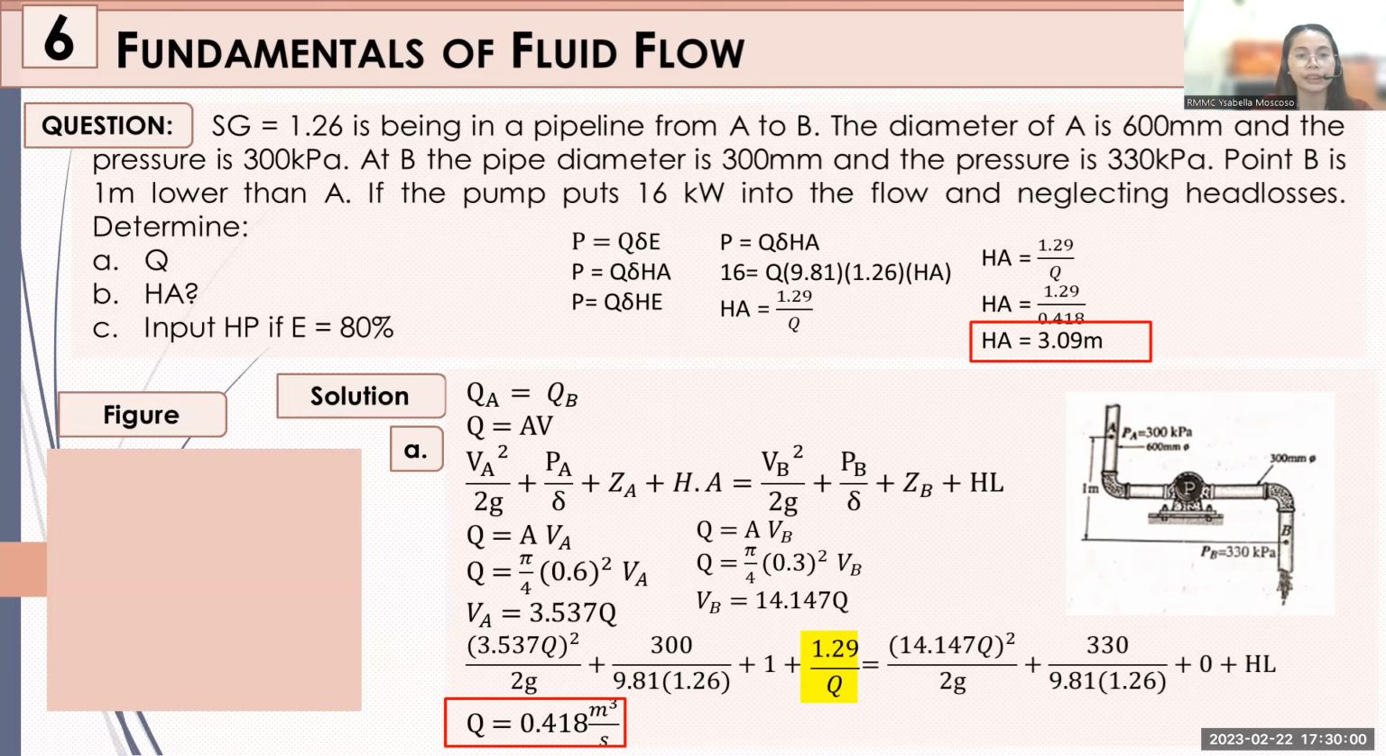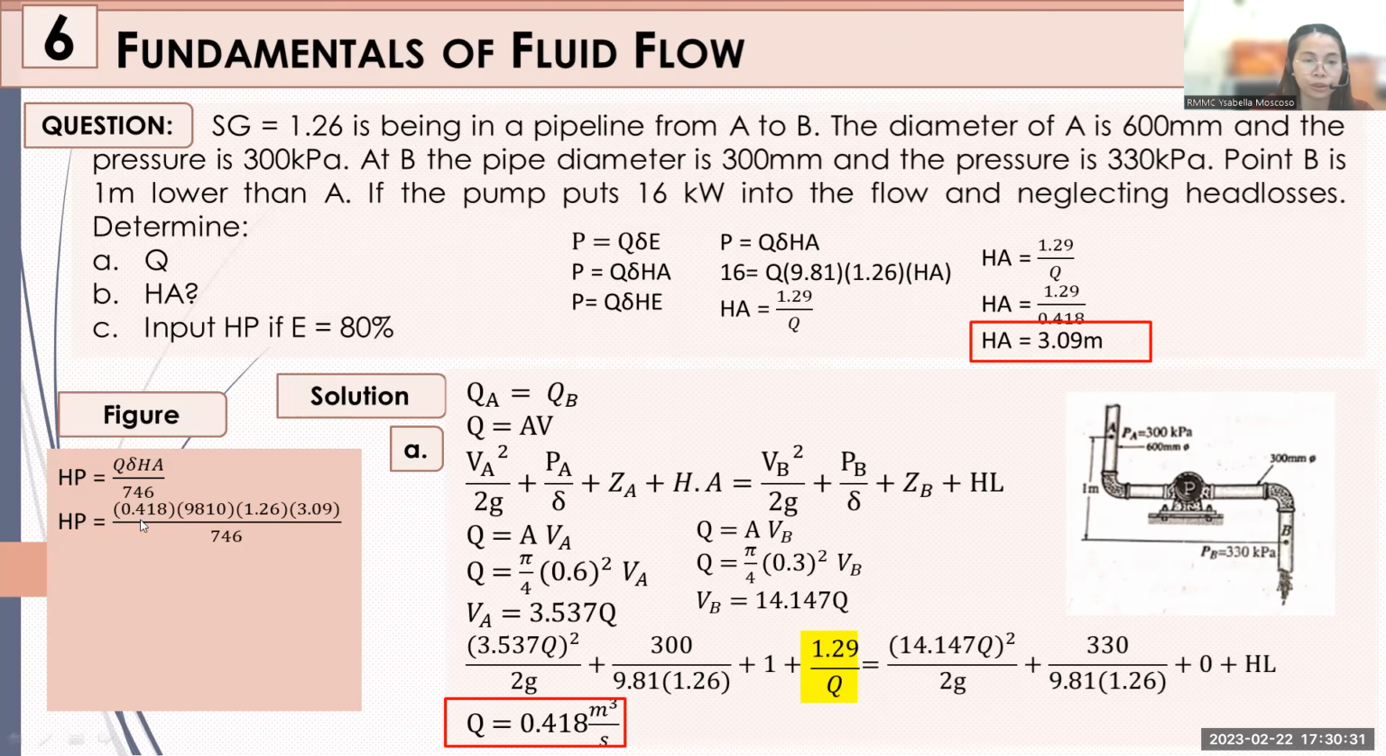Okay, letter C, input HP, if E is 80%, if the efficiency is 80%. Okay, so take note of this. The formula for your HP or horsepower is Q gamma of energy, since we know that power over 746, and we know that your energy is HA, that is why you have it like this, divided by